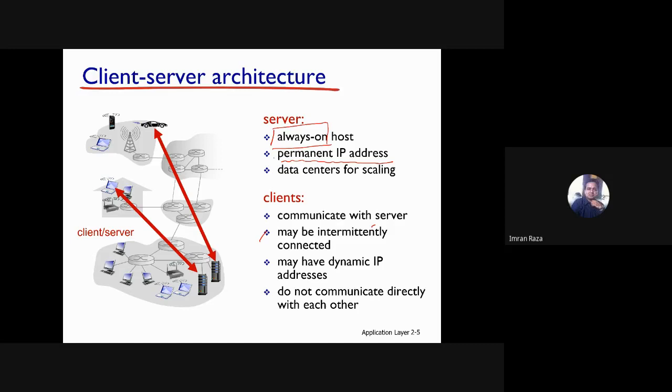But the problem is that a social networking site or a search engine can be quickly overwhelmed if it has only one server handling all the requests. Imagine Google receiving thousands and thousands of requests.